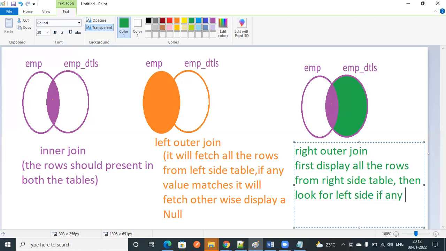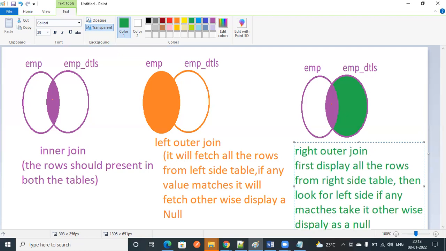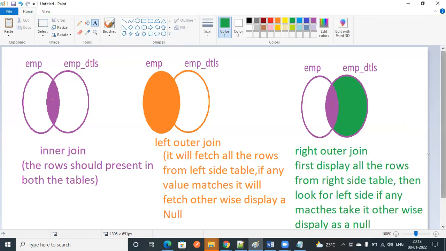If any match, take it. Otherwise, display as a null. So this is about right outer join.